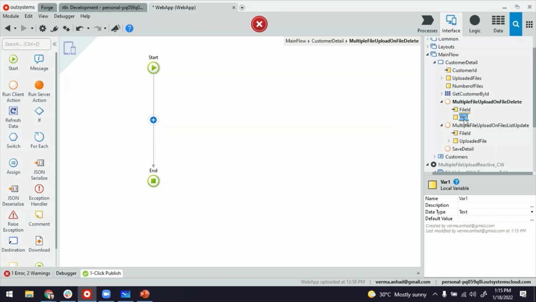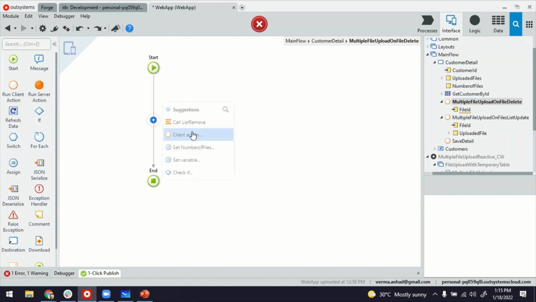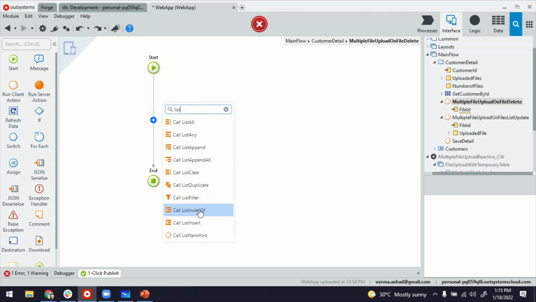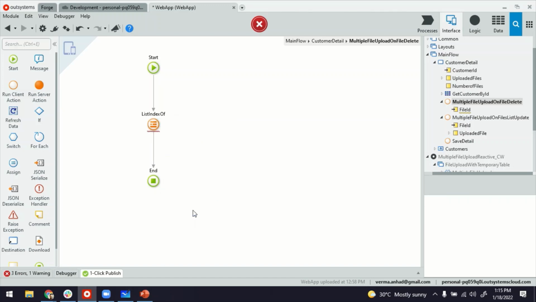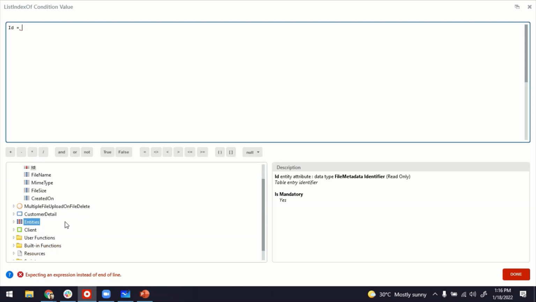I think for delete, we can skip creating a local variable. My mistake. So in this case, we just have to remove that particular file from the uploaded files. How is that done? We can use maybe a list index first. So first we have to find the index of the particular file ID. So that's this one. And within this, we have to point to the list uploaded files, this one. And the condition would be the ID should be equals to